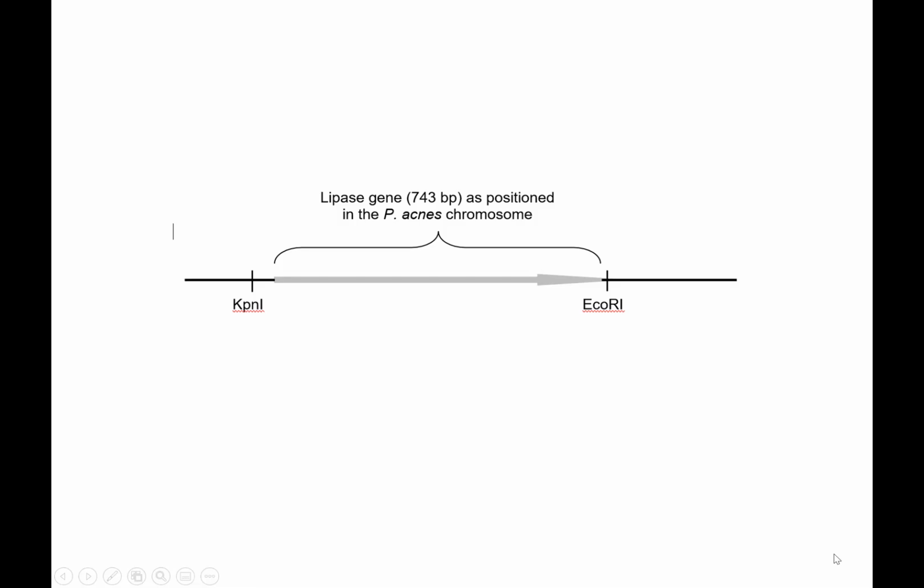Okay, this is a walkthrough of the simple cloning exercise you were given. The scenario is that you want to clone out a gene for lipase from this bacteria, Propionibacterium acnes. One thing I want to make sure you all realize is that all organism genus and species names